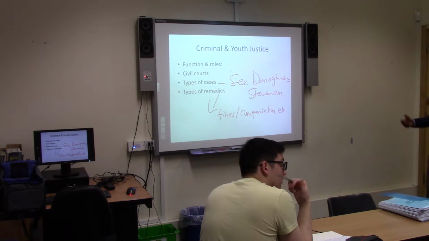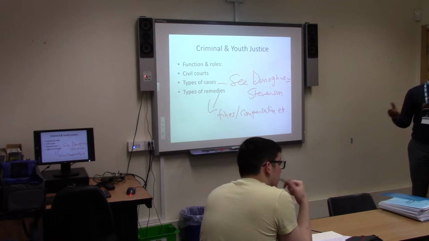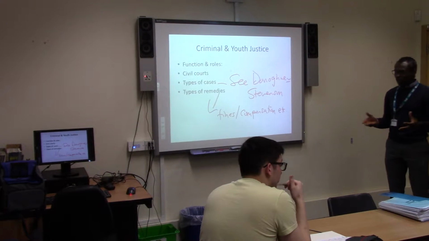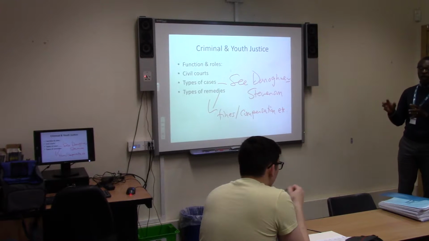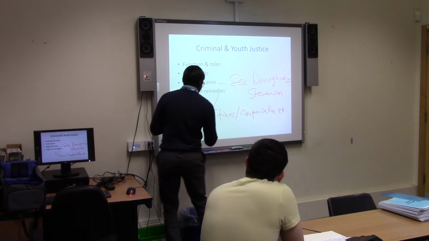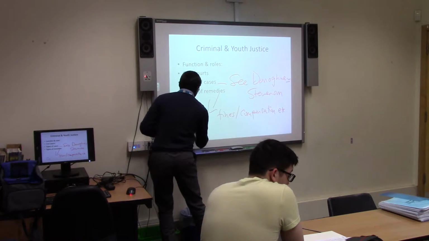Developing the actual examples you give, and you might be able to distinguish between equitable remedies and legal remedies. Very important, there are two different types of remedies. So why do we have equitable remedies, for example? So for distinction students, you might consider